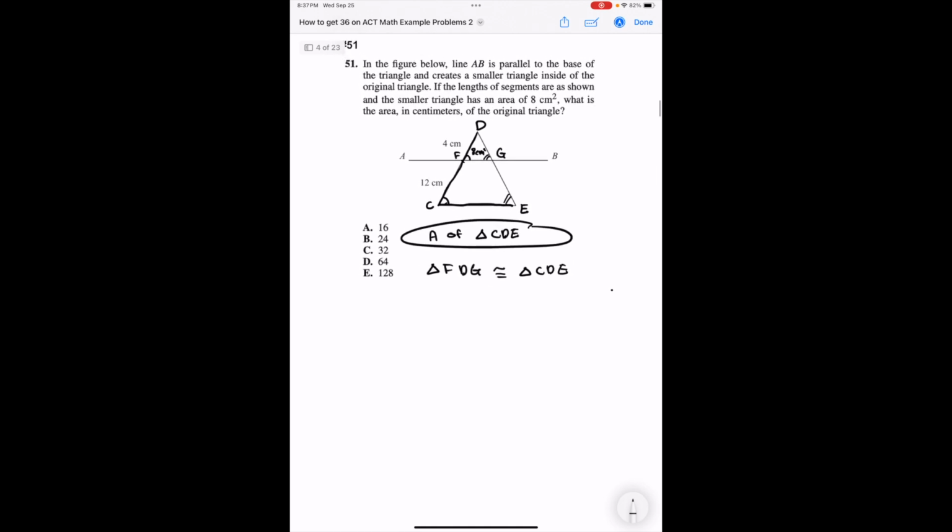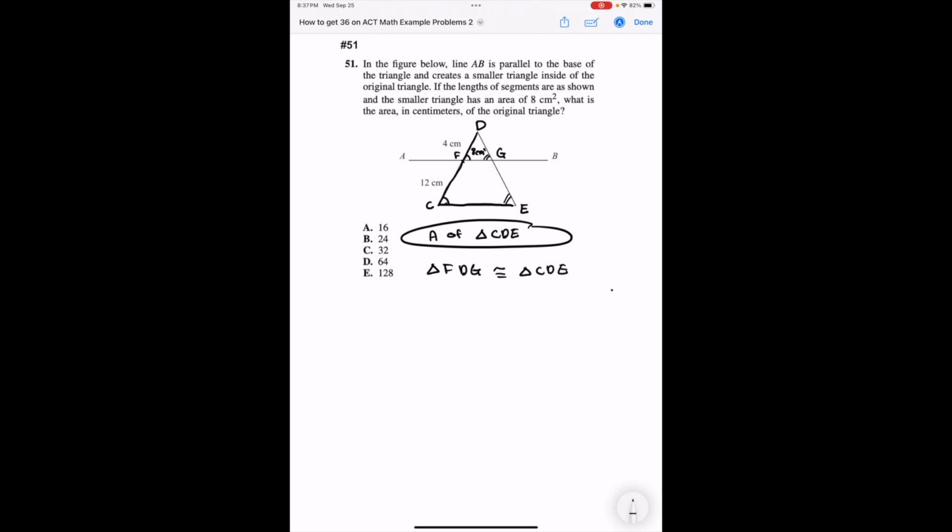So what this means is that angle DCE right here is equal to angle DFG. And then the same for angle DGF right here, and angle DEC right here. So these two are the same, and these two are the same on the left. Since it is asking you the area, we know that it is a specific amount larger than